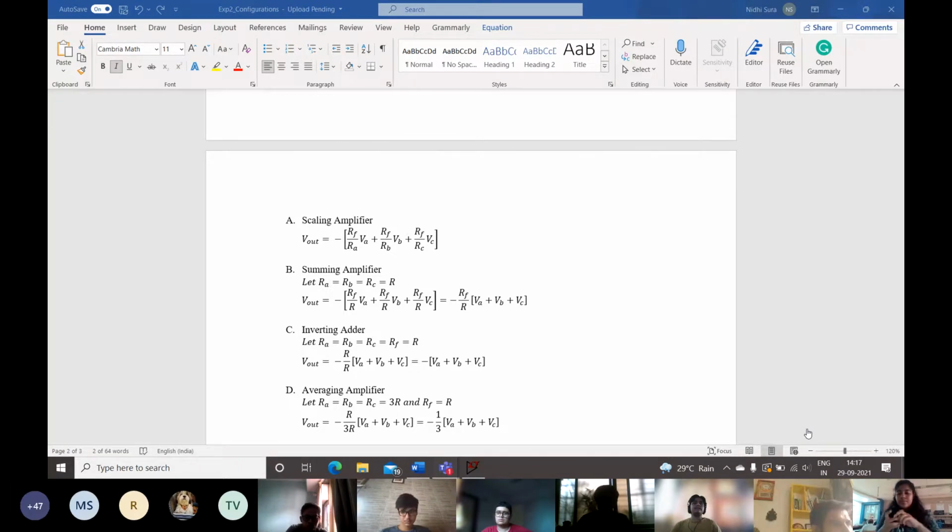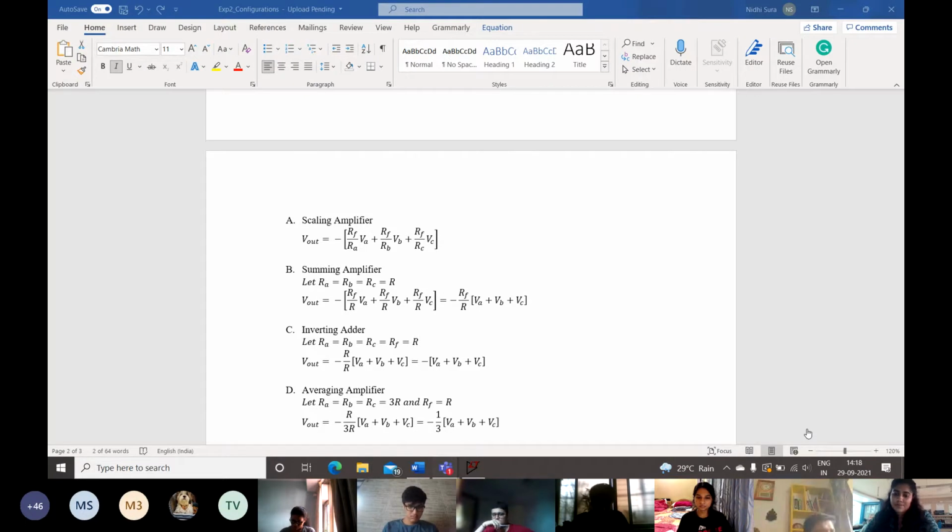So if you'll realize, when you're looking at this particular circuit, if let's say you want to give the op-amp output a gain of let's say 2 or 3, right? So you adjust the values of RF by R equal to 2. However, if you want that it's only a summing amplifier, no amplification on the output, then basically you will take RF also equal to R, which will just give you VO equal to minus of VA plus VB plus VC, right? So you want amplification, you do a scaling of RF by R equal to whatever based on the resistances that you select. Else it is just minus of VA plus VB plus VC if RF is equal to R.